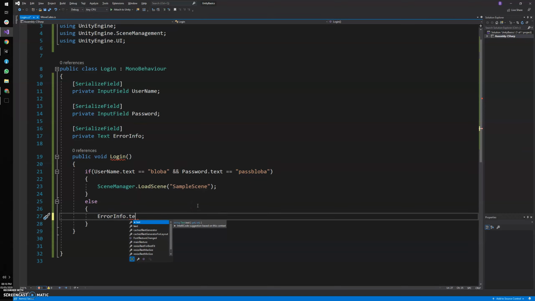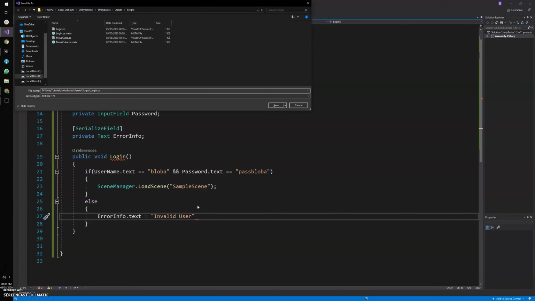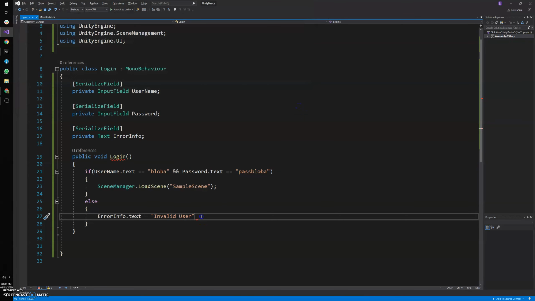So I'm going to pass the error text in this text field. I'm going to say invalid user. So that's it. It's very simple,